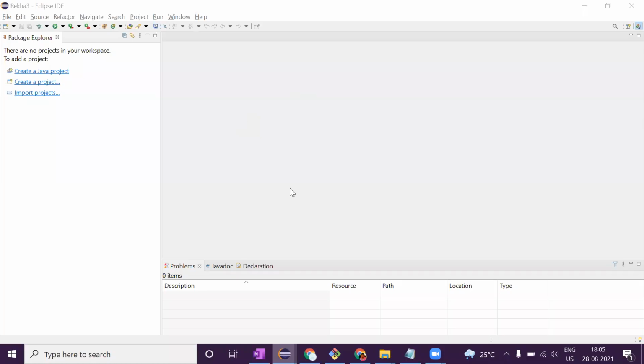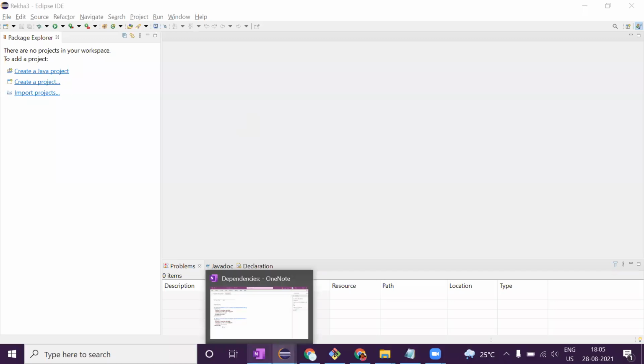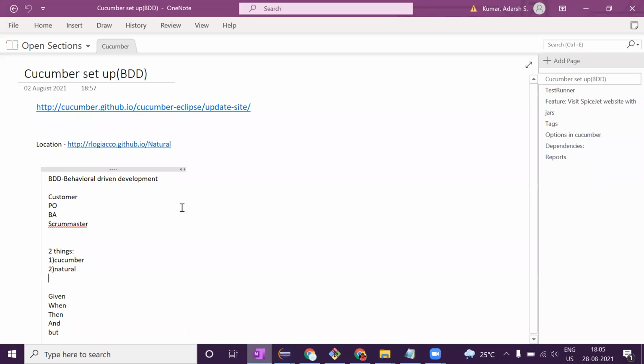So today we are going to start about Cucumber, and basically we'll start with Cucumber later part as we go on. We'll see how Cucumber is integrated with Selenium, how we can do all the activities we did previously with respect to TestNG. Now TestNG was TDD, right? Test driven development. Cucumber is behavior driven development.